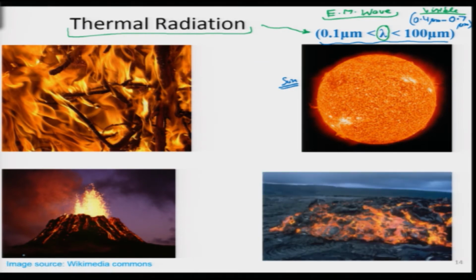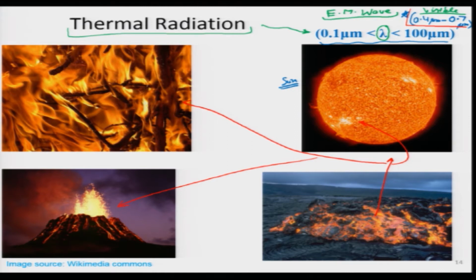even when some sort of lava is coming out from there, just imagine that this is molten rock at such high temperature that it is giving out a huge amount of emissions. So, these are thermal emissions which are visible to us because they are in this particular spectrum over here. Like I have mentioned, I will highlight it with the red color over here. So, this is the visible spectrum, and we can see over here in all these cases that the temperature must be so high. This is something we will figure out very soon, that those thermal radiations are visible to us as well.